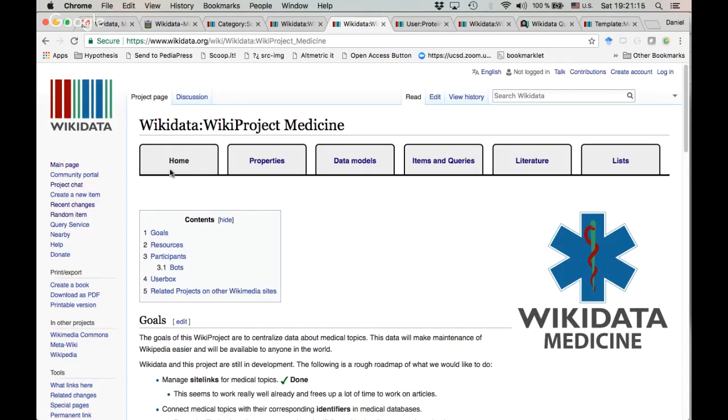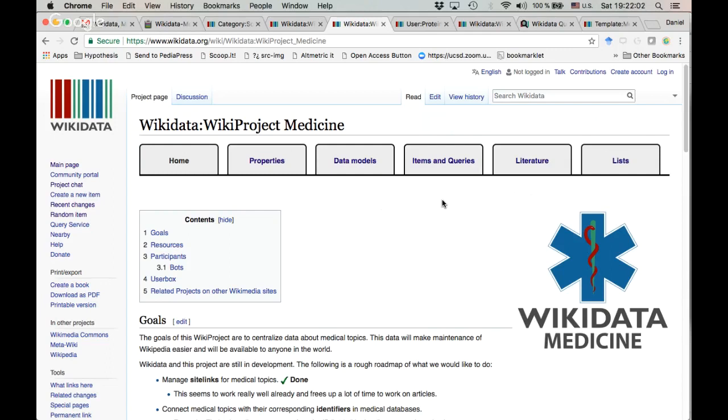Well, if you just judge by those generic six tabs that you can see here, I think it's more or less complete. But if you dig deeper into any of them, then the problems become apparent quite quickly. One problem that is persistent throughout the Wikiverse is documentation. The literature subpage was a good example of that. Some more substantial problems are the data models. We don't have good data models for vaccines, for clinical trials, for hospitals, and many other things that are relevant to medicine. Somewhat developed are the items and queries, usually